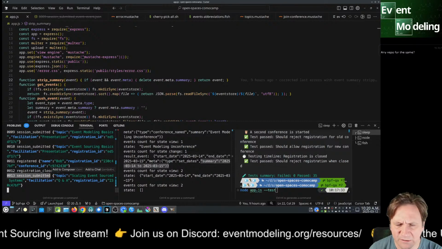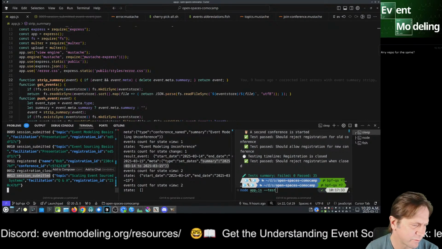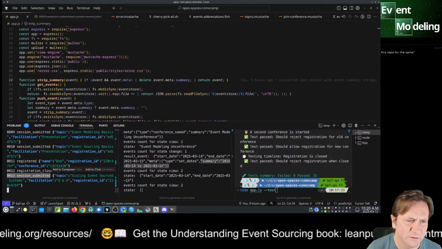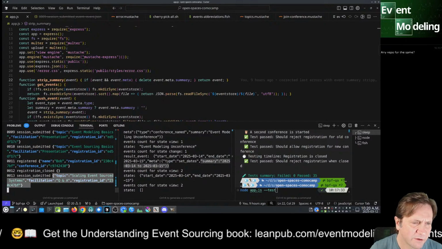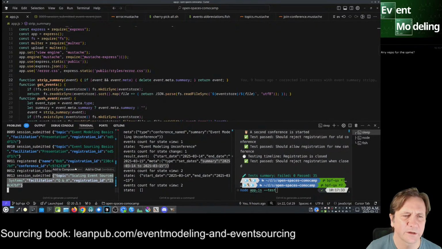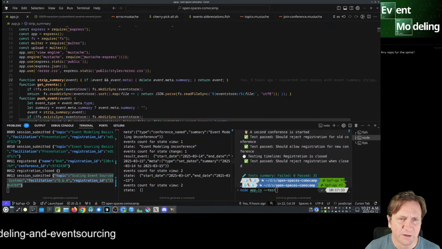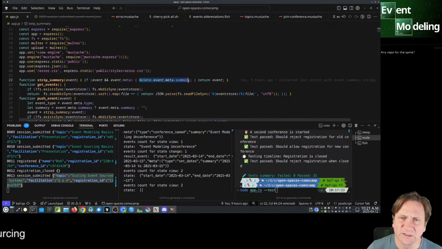That's something that is not part of the core functionality. It's nothing that our reducers will be looking at for business logic. So I really want to be able to see what the core business event is on disk, and that's what we're doing here when we're looking at these things. So this essentially just deletes that summary. And of course,